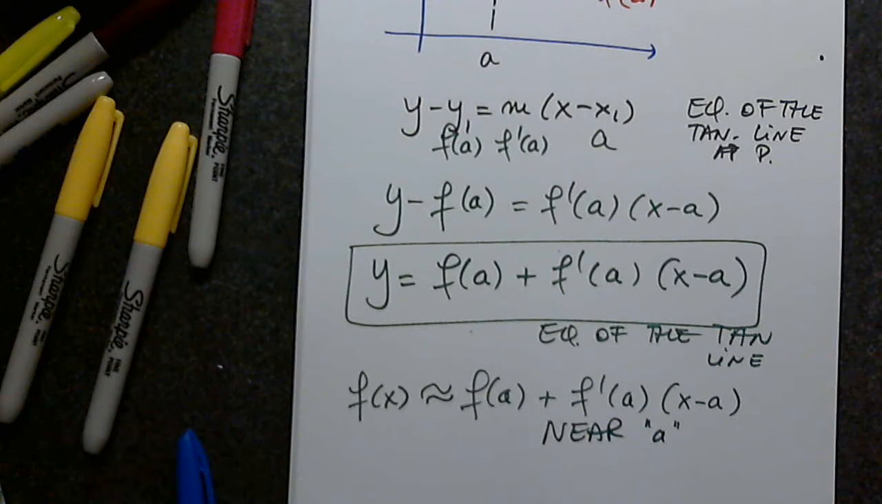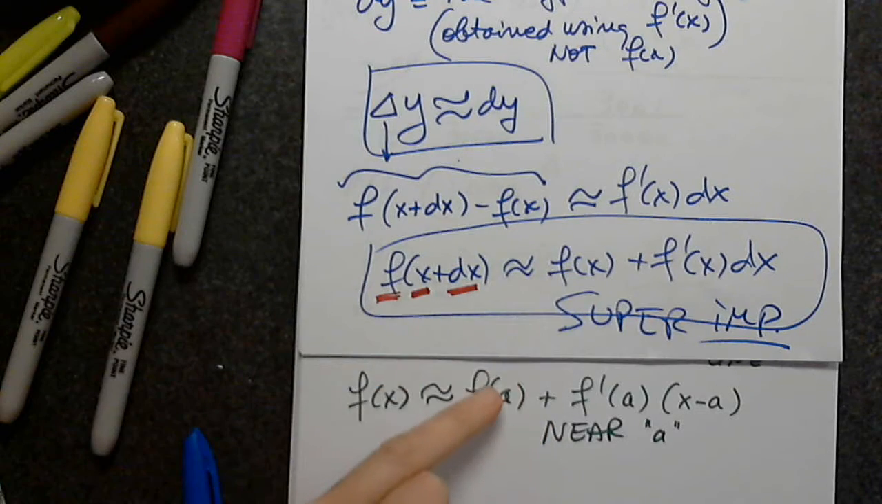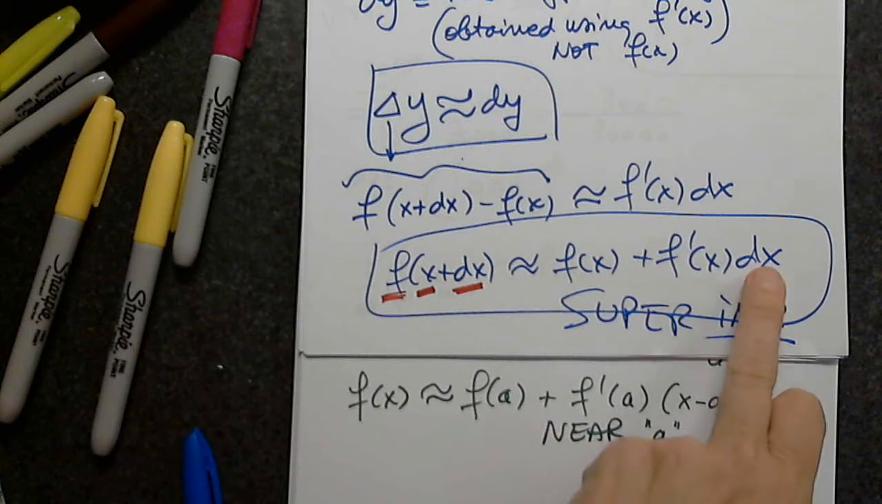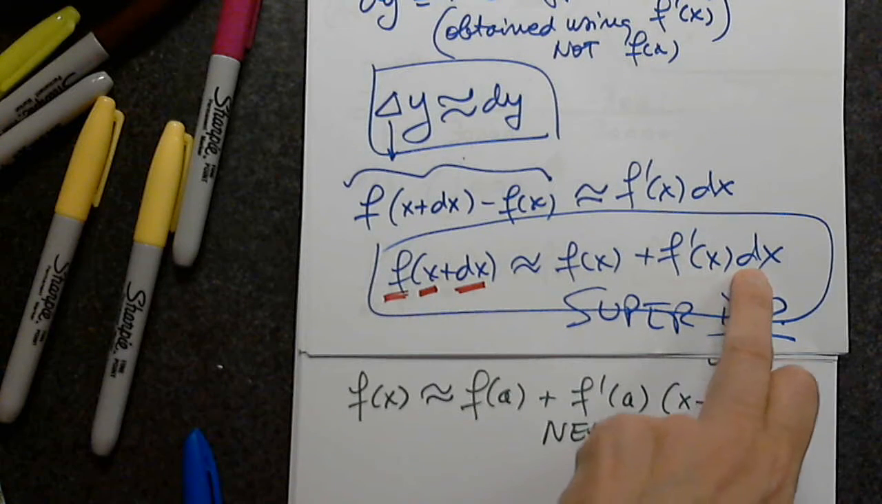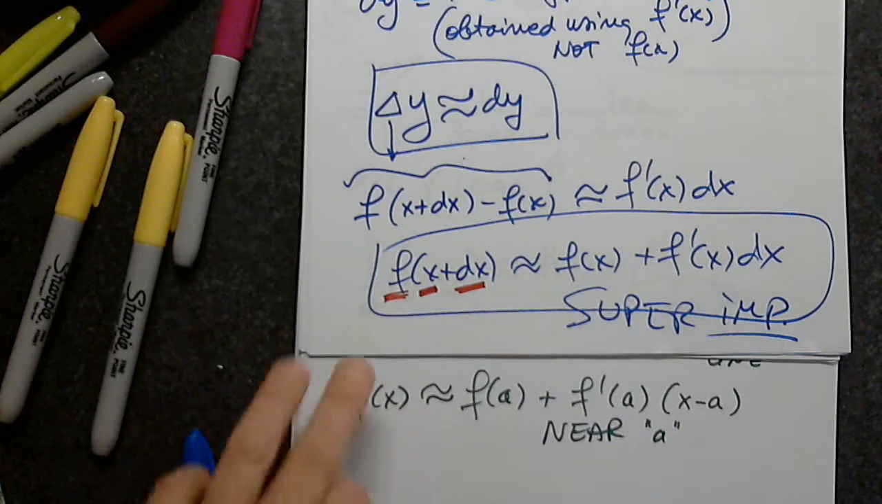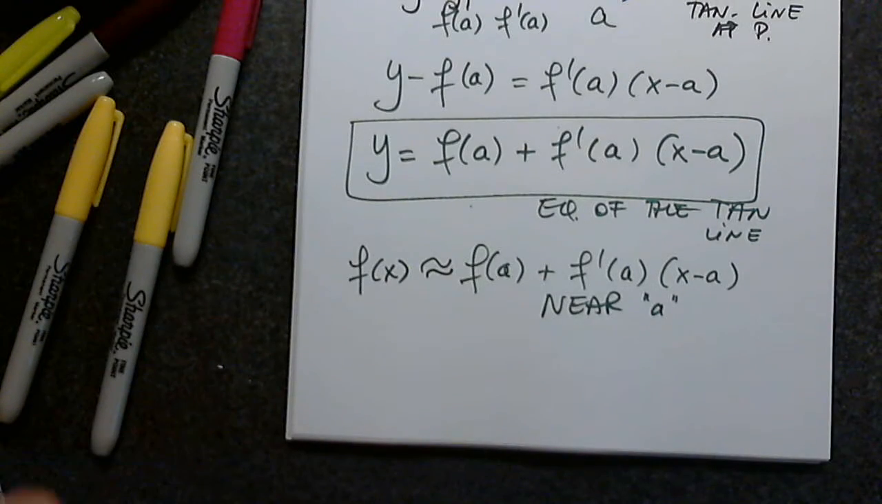So does this resemble anything that we've been talking about? Everything. Thank you. It's the super important formula. Slightly different, however. Yes, this is the function, but it's evaluated at a, and this is x minus a, but obviously it has to be near a, which means dx. Right. So this is nothing else but called the